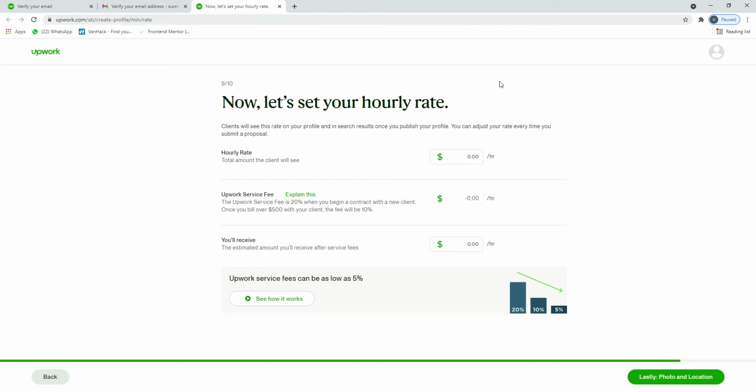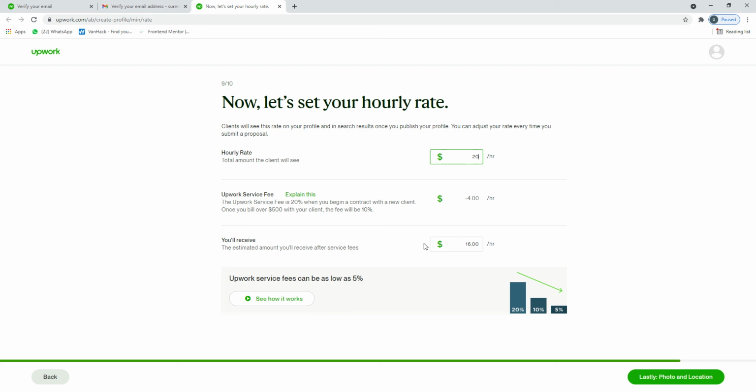Without wasting much of your time, I'm going to put my hourly rate. I charge $20 per hour. You can see Upwork has taken their 20%, $4. Our hourly rate is $16. So it depends, and I want to give you some advice. It depends on the type of job you do. If your job is highly rated, like web development,